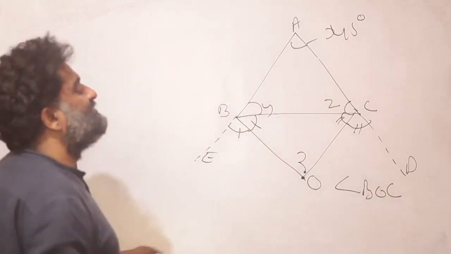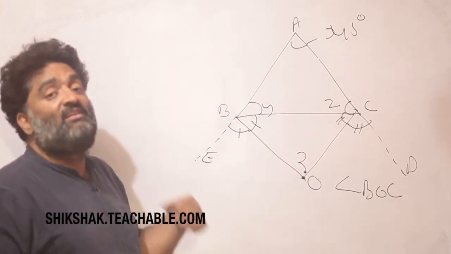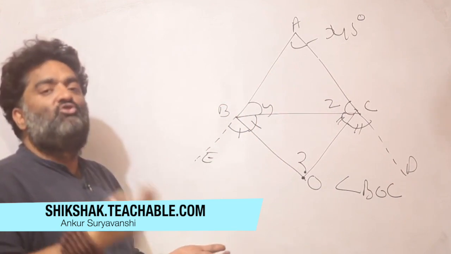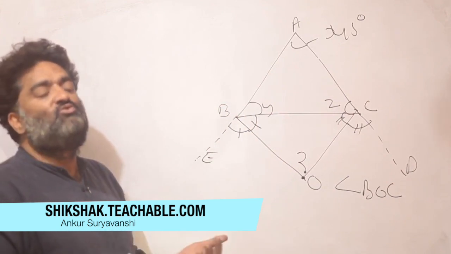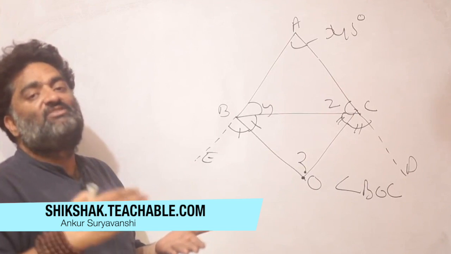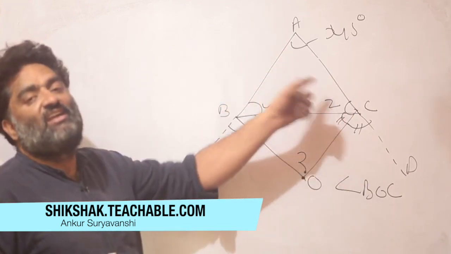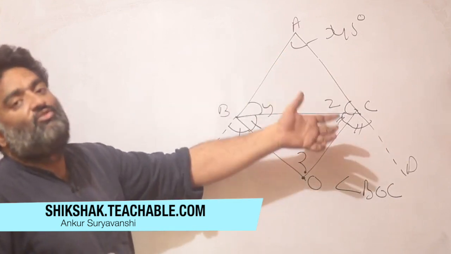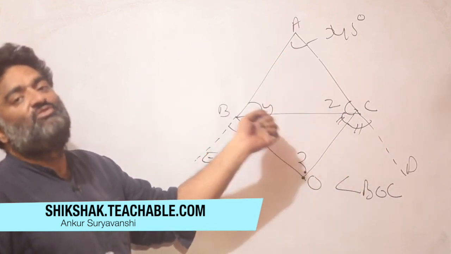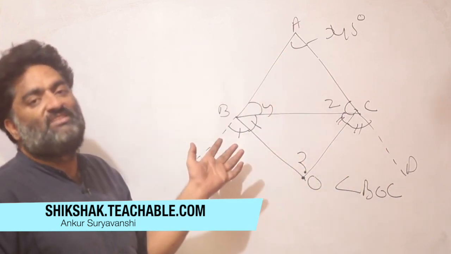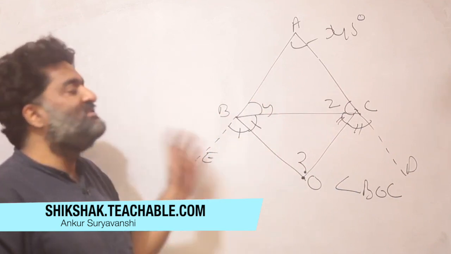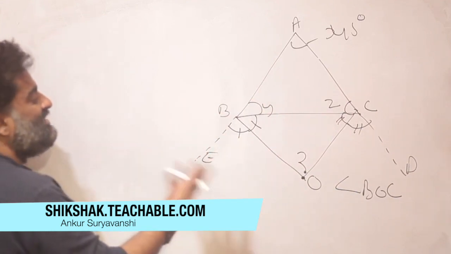So you can stop at this point and try the question by yourself. And how will you go about solving it? You know you have a few tools. What are the tools? You know that the sum of angles on a straight line is 180 degrees. You know the sum of all the angles in a triangle is 180 degrees. Or you know that the exterior angle is equal to the sum of the angles on the opposite side. So these are some of the tools, but just start working with the problem and you'll see what to do.